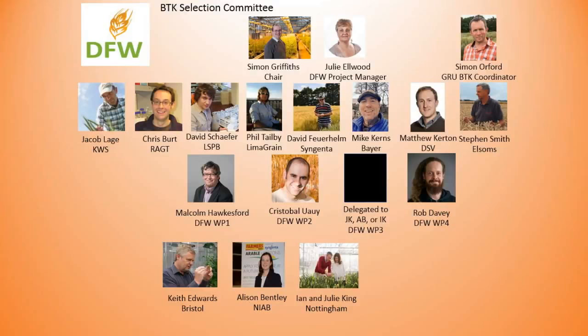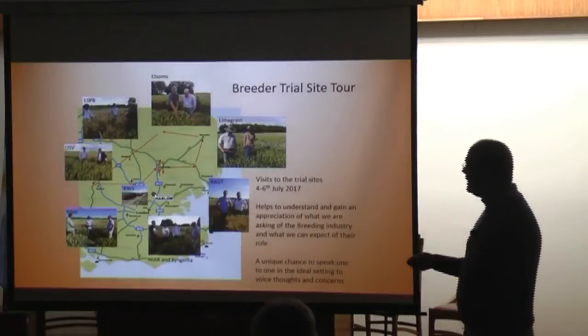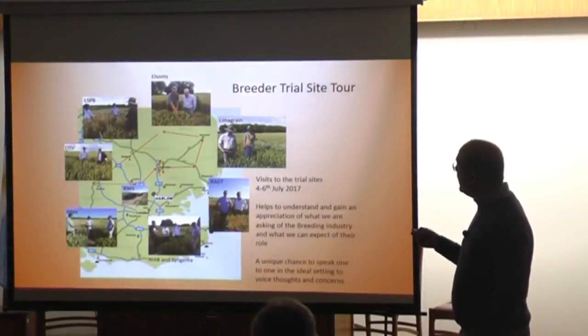These are the work package leaders from Designing Future Wheat. Institutional representatives of my work package, the germplasm work package. Everyone here gets a vote, and every single QTL that gets backcrossed is accepted by this committee or not. Many get rejected. And actually anyone in the UK can nominate a trait of interest to be backcrossed into this pre-breeding program. Then, when the backcross lines are finished, they change from being breeders' toolkit